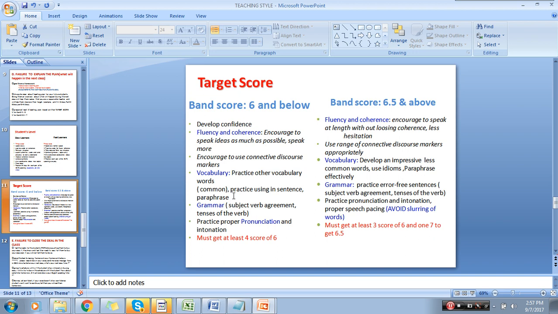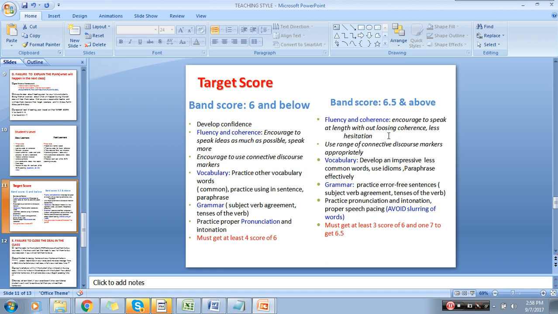Practice using them in sentences and do paraphrasing. For grammar, be careful with the tenses of the verb as well as the subject-verb agreement, and the pronoun. And always do pronunciation practice and take note that they must have intonation so that it may not sound unnatural. Okay? And for band score 6.5 and above, for fluency and coherence, always encourage them to speak